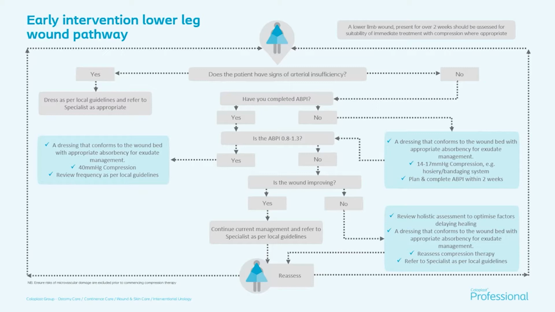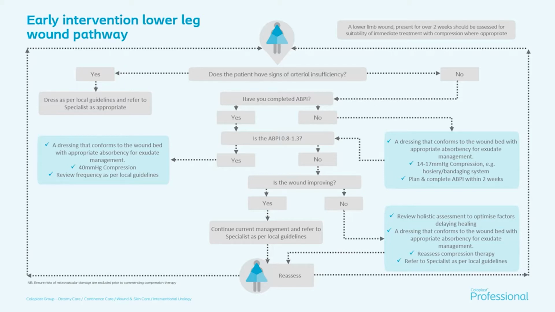And we would then see whether somebody is suitable for what we call full compression, and that 40 millimeters of mercury of pressure, which would create that optimal venous return support. Or are they not suitable for full compression? Do their ABPIs not allow for that? And actually, do we then need to be considering managing them with a different level of compression based on assessment